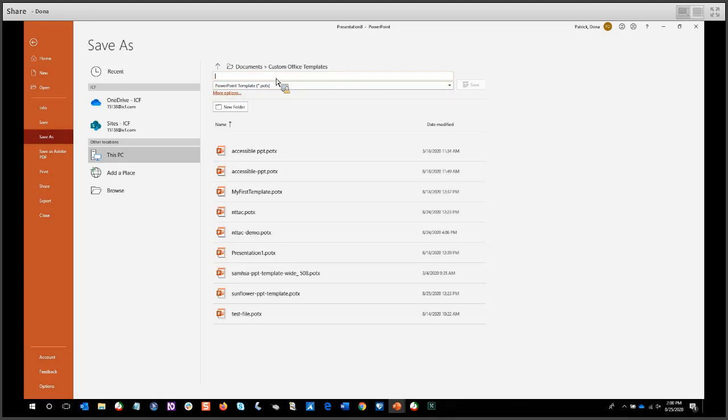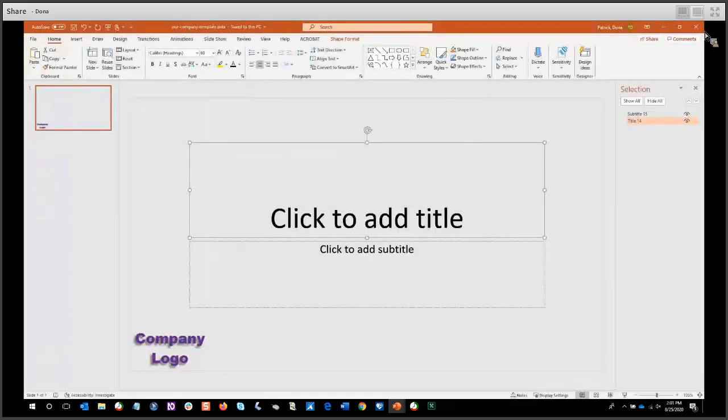So then let's name this template our company template. Now we know it's our company's template, and we're going to save this,